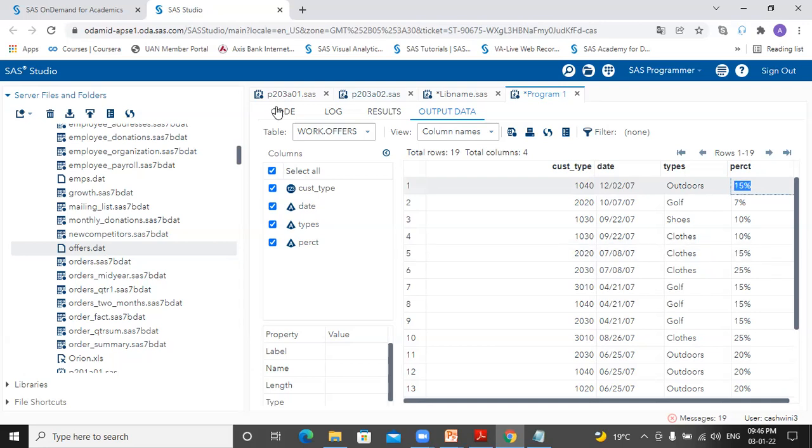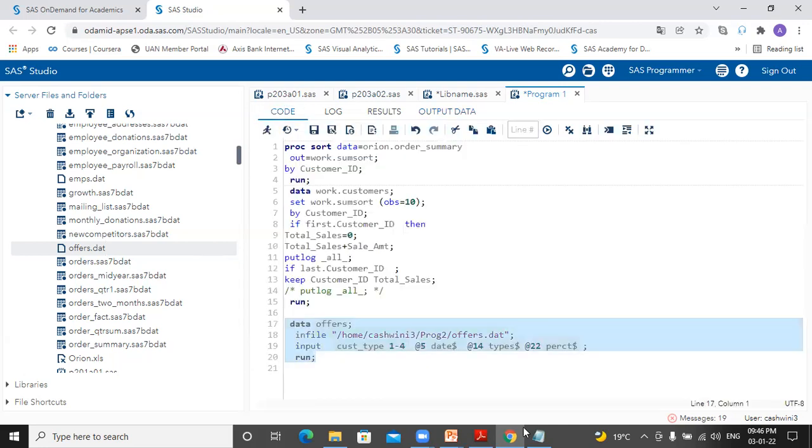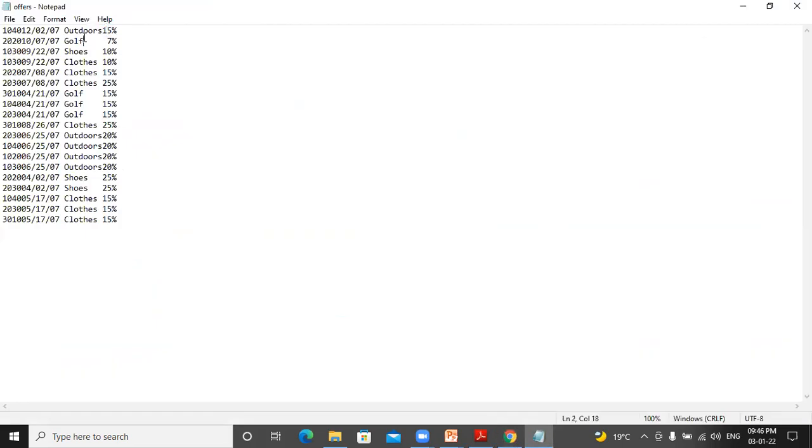Now, why is it happening? Because if you observe your data very carefully, these are numbers, and numbers, when they have any special signs, are not considered standard numeric data. So this is not standard numeric data. Same comes here also. Why?